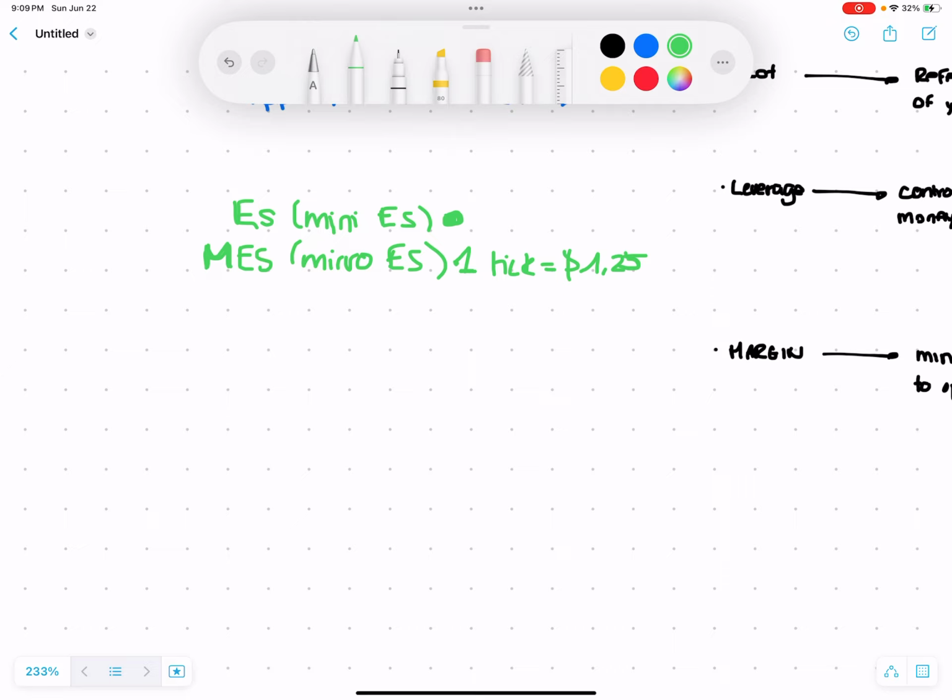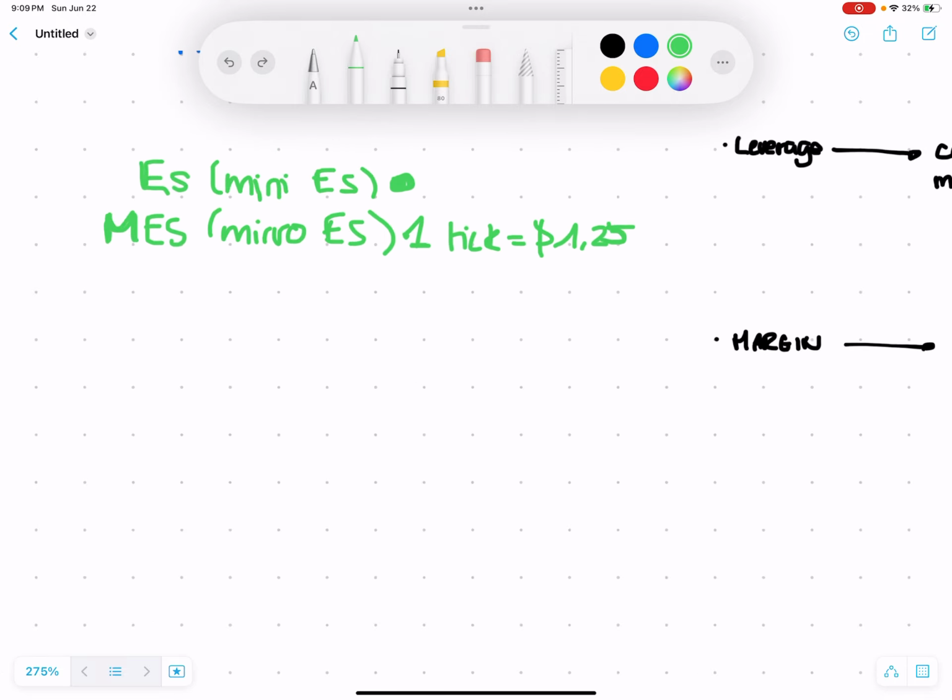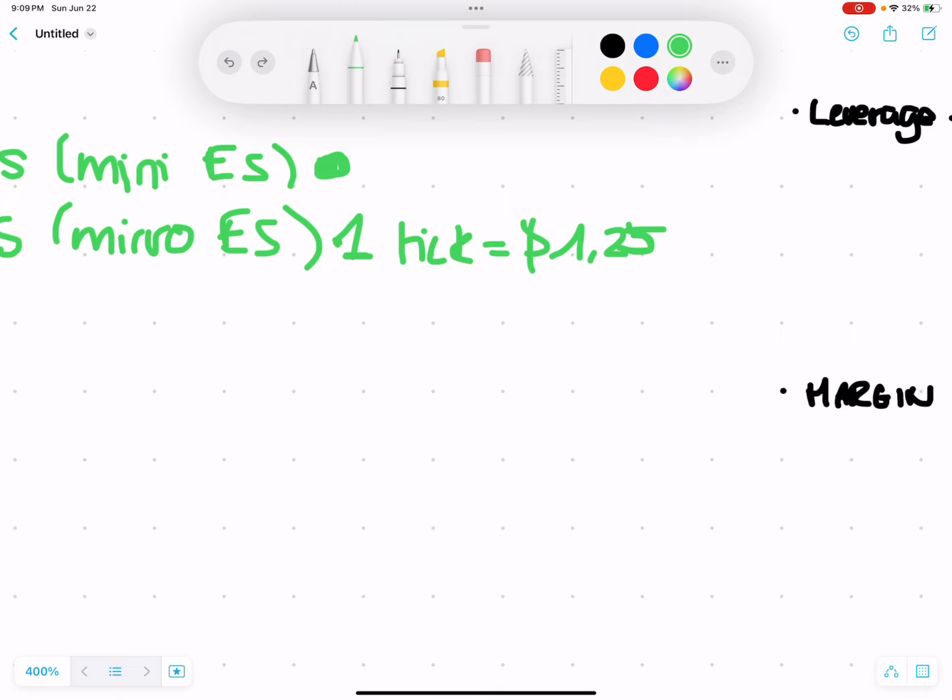So what that means is that oftentimes new traders would trade on micros because it's much safer. The losses are smaller and more manageable. If I just give you a comparison, one tick